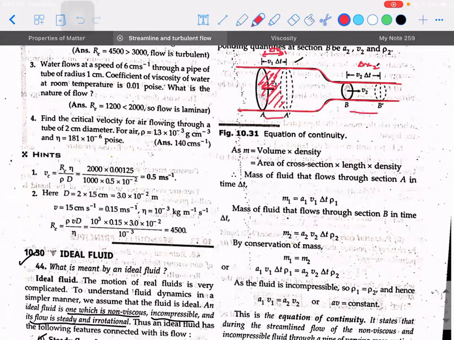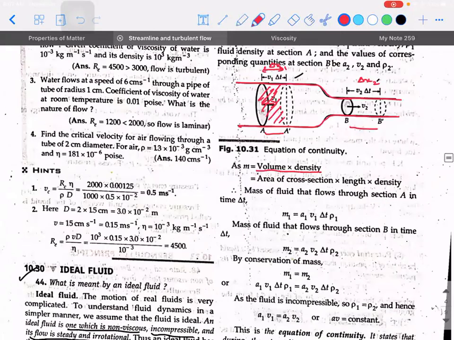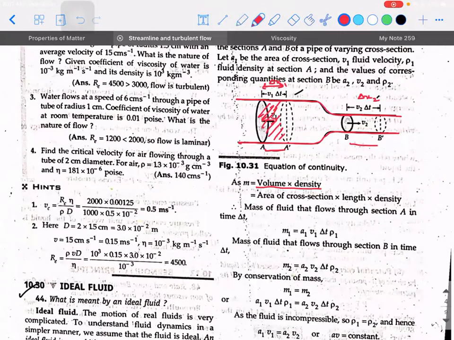Now see, what is the mass of the liquid that is between the points A and A dash? How do we write mass in terms of density and volume? Mass is equal to density multiplied with volume. If I take the density of the liquid to be rho, then what is the volume of the liquid present in the small portion? That is nothing but area of cross section A1 multiplied with delta x1, right? So this will also be equal to rho into A1 into, what is the value of delta x1, guys? It is V1 into delta T.